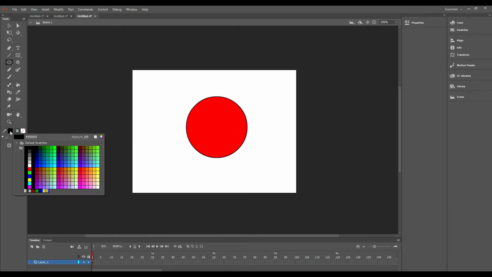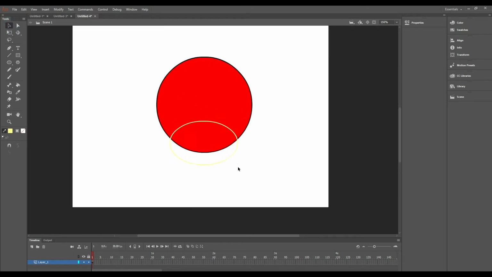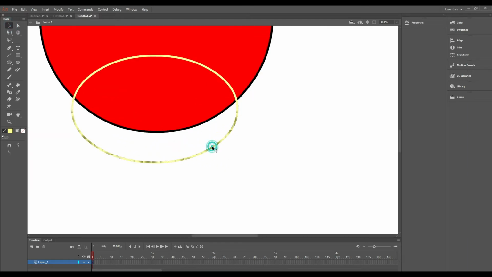Then I'll be changing the stroke color into maybe a little bit light yellow, over here like this one, yeah. So then I'll be removing the excess line here. So just select it using selection tool, select, then delete. Okay,